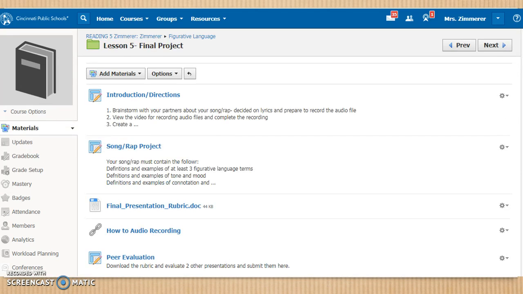And then this last slide is an example of one of the final projects that they did. So there's an introduction here about what they need to do. Then this project specifically was a song or a rap, giving definitions of at least 3 figurative language terms, tone and mood, connotation. Then I have a rubric here for them. Then I also, since this is a blended learning environment and this is looking at not only getting them some additional curriculum and additional practice, but also that technology piece. And so how to do an audio recording and what that looks like and how to save it and how to send it. And then the last piece that they had was a peer evaluation for them to evaluate another